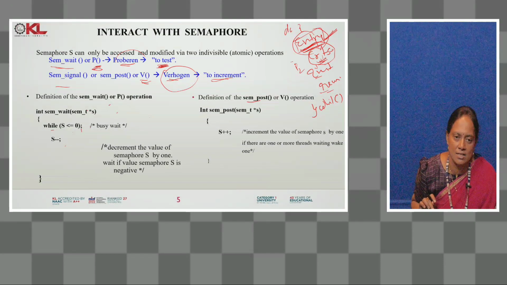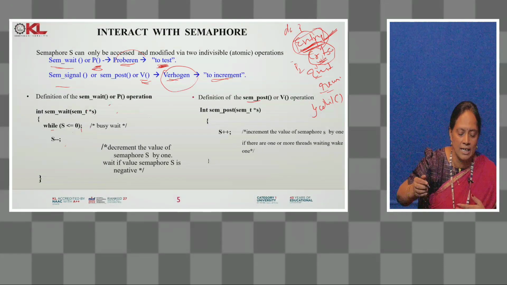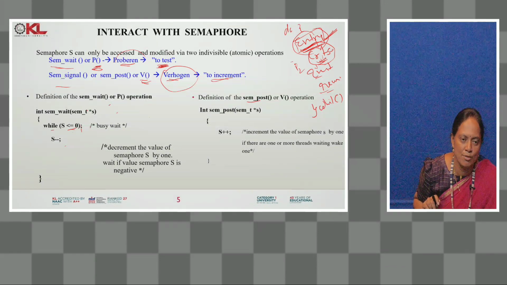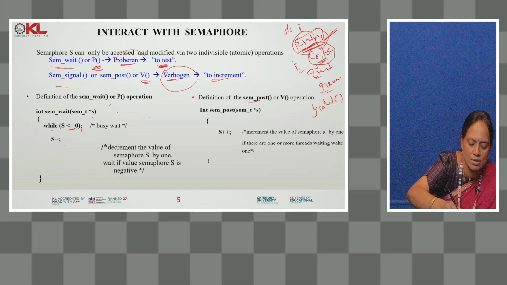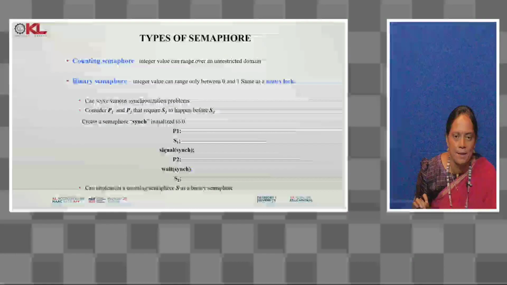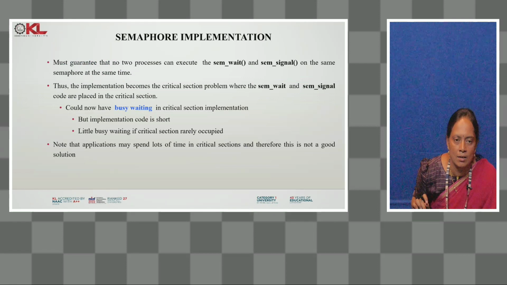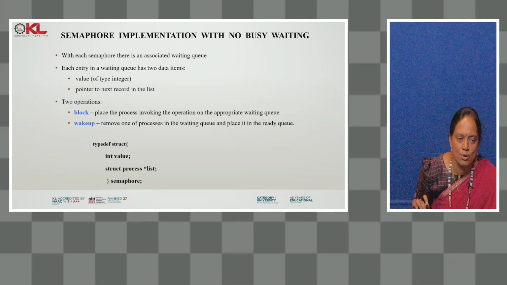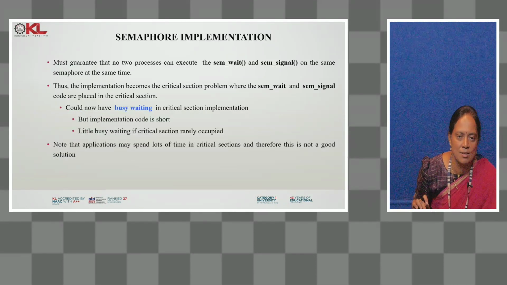So next one is the main disadvantage of the semaphore wait and signal operations. The main disadvantage of the semaphore is busy waiting. See here we have to check the condition: while the semaphore value is less than or equal to 0, the process has to wait, busy waiting, to execute the critical section. So here, to avoid this busy waiting,